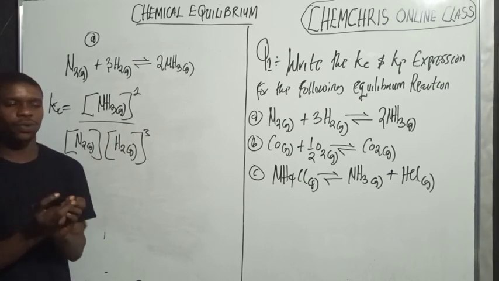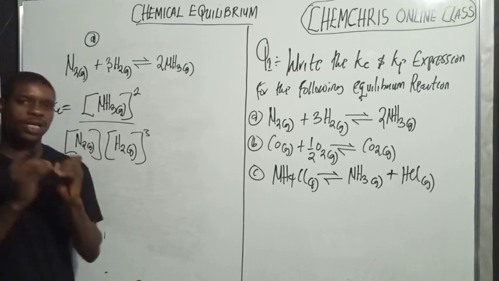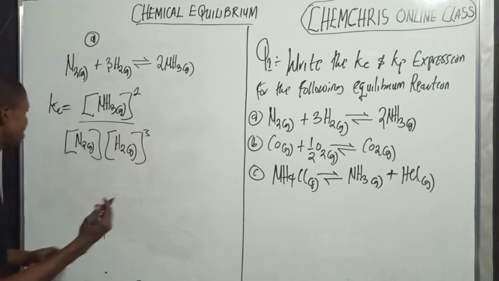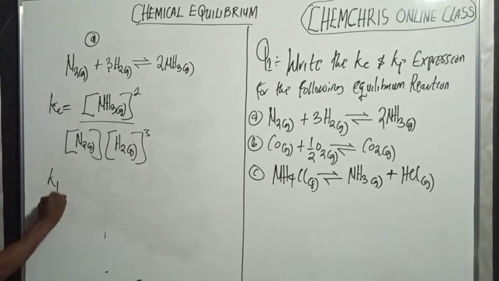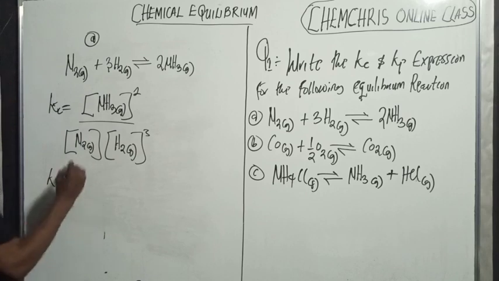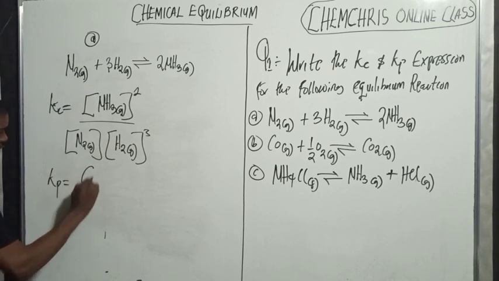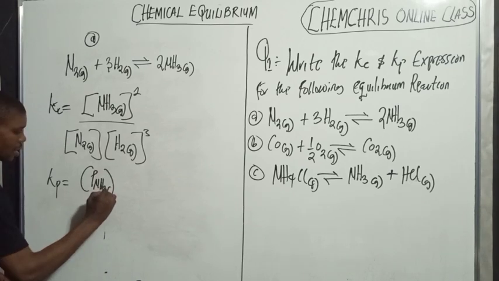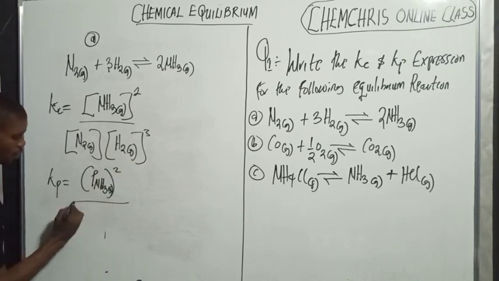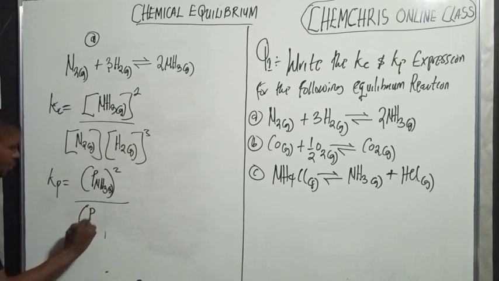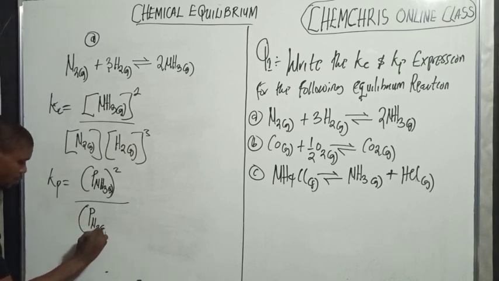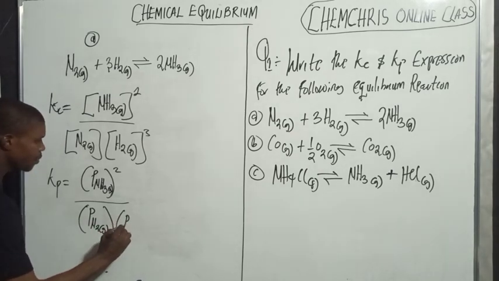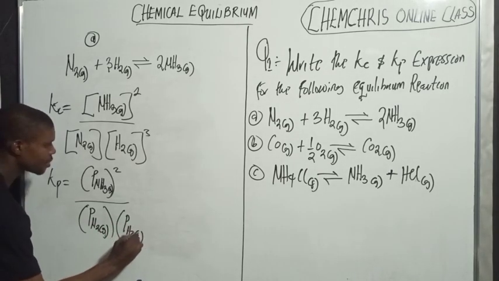You can see how easy it is to write the law of mass action or the equilibrium constant expression for this first one, right? The same thing I'm going to do here. Kp is going to be the pressure of NH3 gas, this power 2, over the pressure of N2 gas, this power 1, times the pressure of H2 gas, this